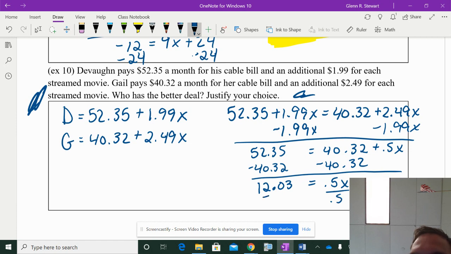And divide this by 0.5. Those of you that might need your calculator, can use it. You should end up with x equals